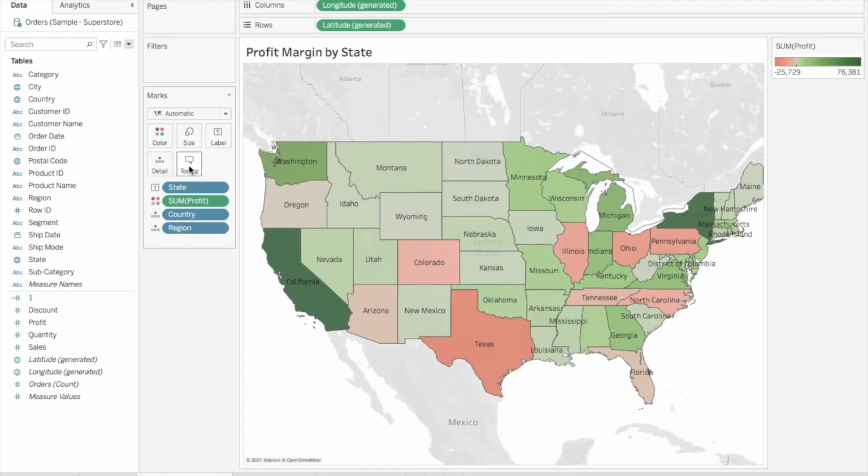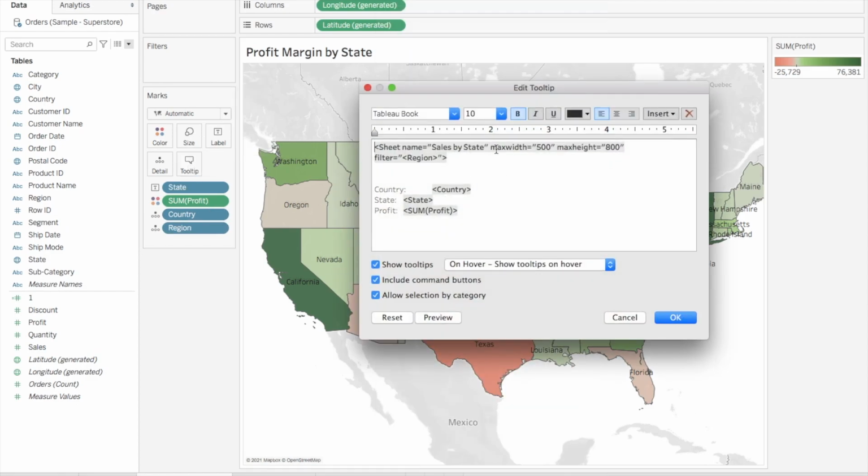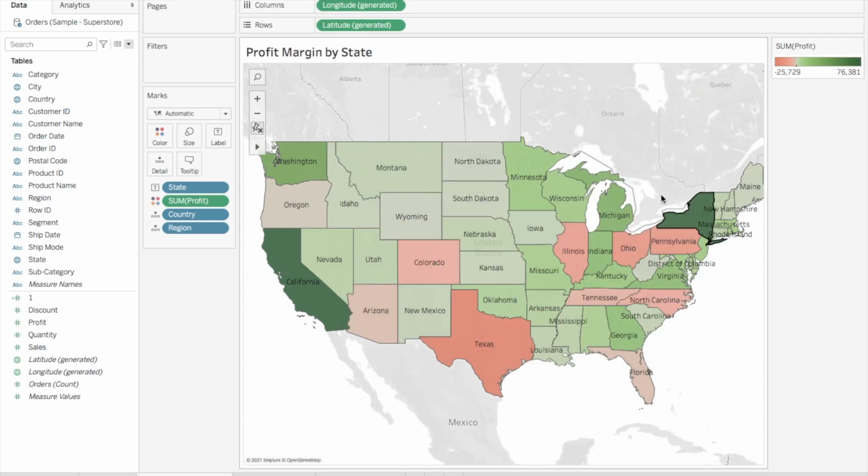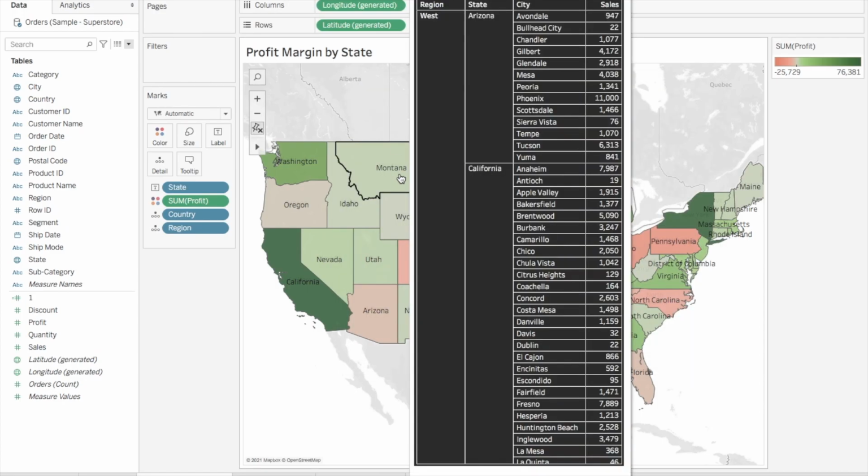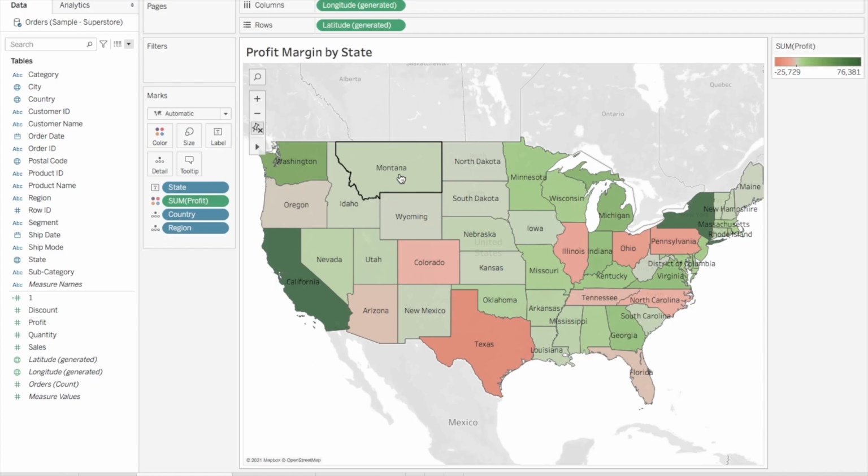Basically it's all about how to play with this max width and max height. But still I would suggest don't keep it very big, otherwise the visualization will not look better. Here you are seeing, even though I am going to Montana, the height of this pop-up report is so much that it's really hard for me to analyze, right? So the good practice is to keep it as small as possible.